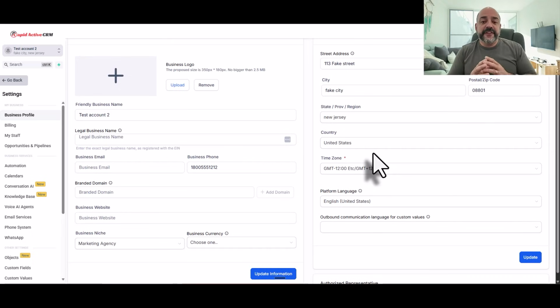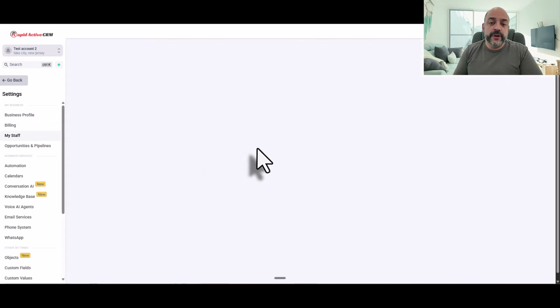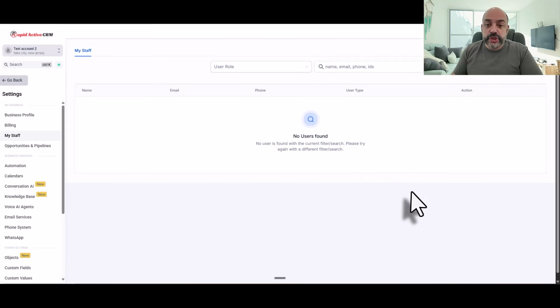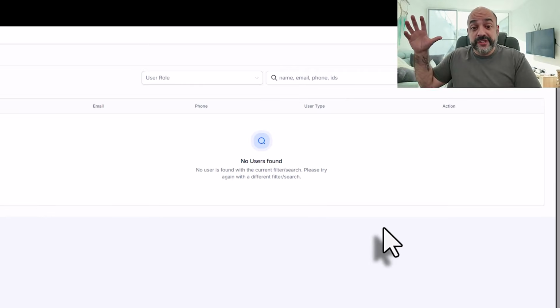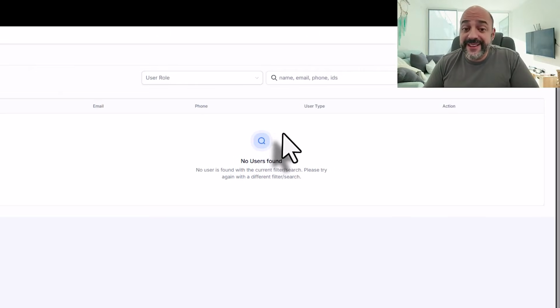Now, this is a very common mistake that customers don't understand, especially if you're on the $97 plan. If they're one of your customers and they came through your SaaS, they will already be in the account. But if I come in here and go to My Staff on the left menu, there's no one in here. If there's no one in here, you can't add a calendar because there's nobody connected to the calendar. You can't be part of the system because you're not physically in the system, even though you're an agency owner and you were able to set up the agency account. So a little bit of a pain in the butt. If you bought the $97 plan or you're an agency owner doing this for yourself,